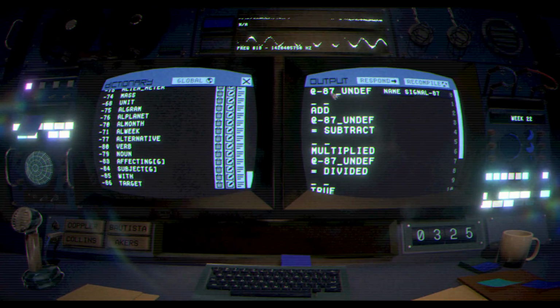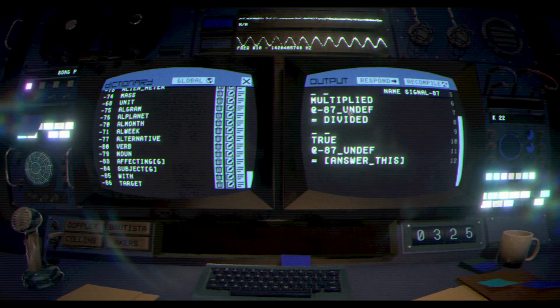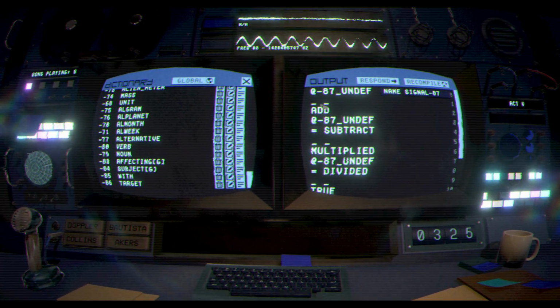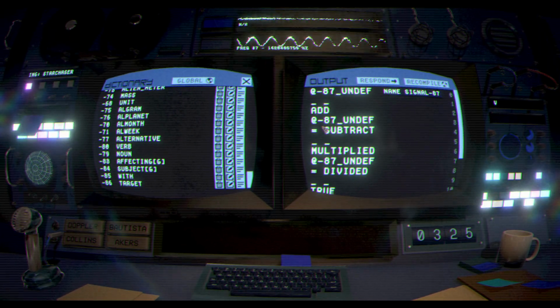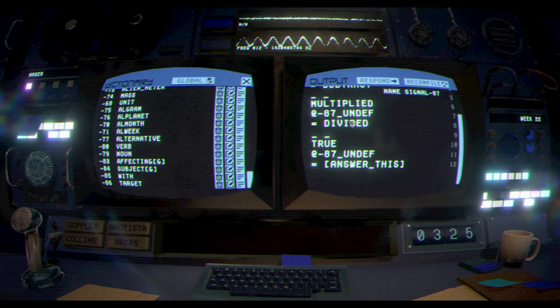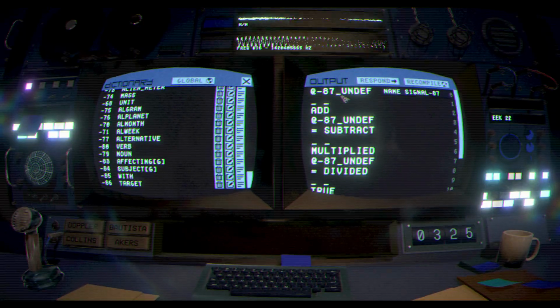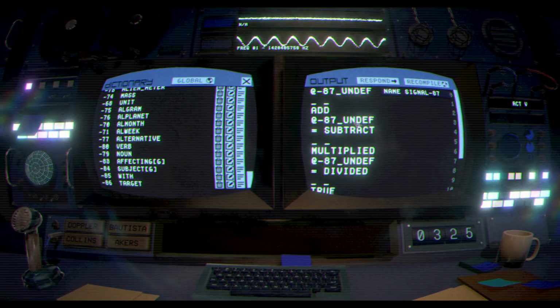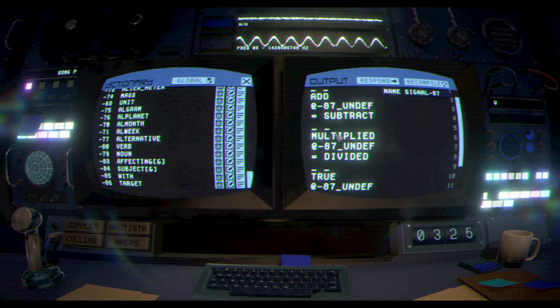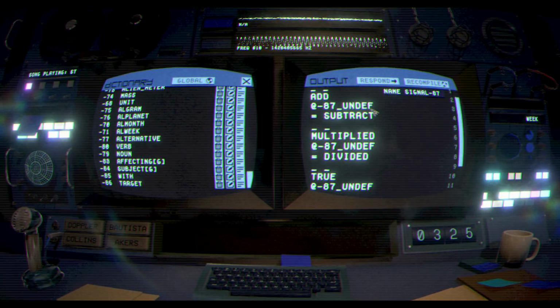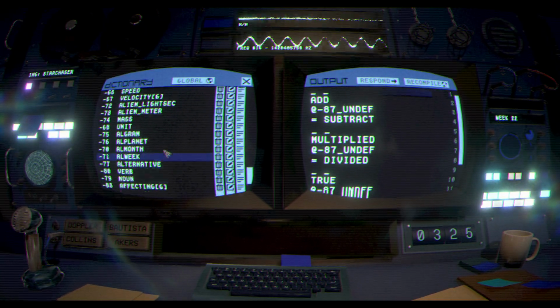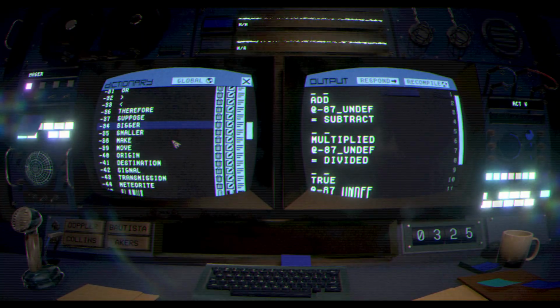Okay, so let's see. So we have a new signal, 87. 87 is when add something equals subtract. So that strikes me as the opposite. Now, opposite